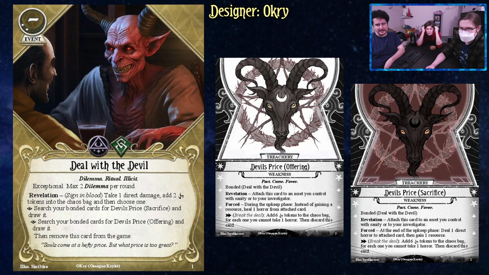Action, break the deal, add 6 curse tokens to the chaos bag. For each one you cannot take 1 horror, then discard this card. And the other one, at the end of the upkeep phase, deals 1 direct horror to the attached card, then you gain 1 resource. Break the deal, add 6 curse tokens to the bag. For each one you cannot take 1 horror, then discard this card. It's a neat flavor, but it's...